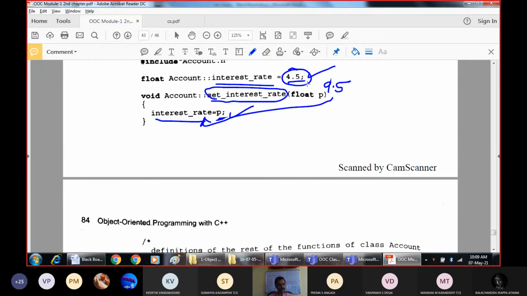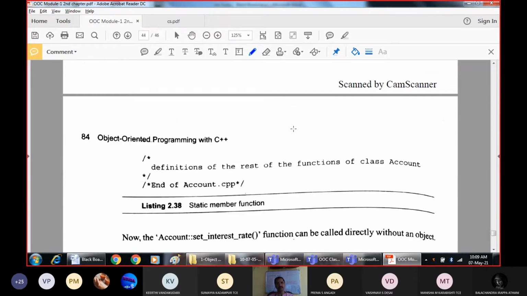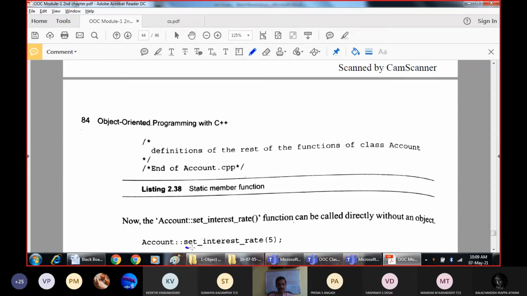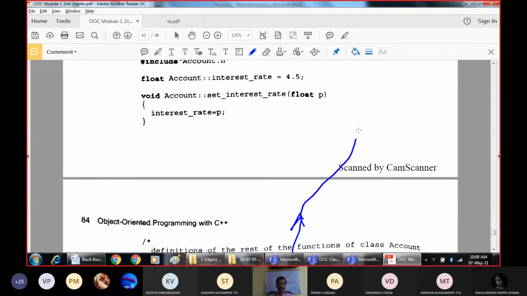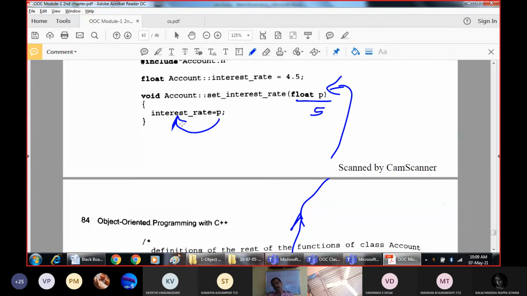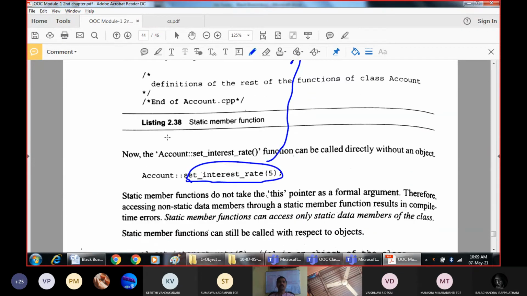So when you call set interest rate of 5, the function definition will be called. So where is that function definition? Yes, this is the function definition. And what is the value of P here? The value of P is 5, and that 5 will be assigned to interest rate. So the static data member will be accessed only by the static member function.